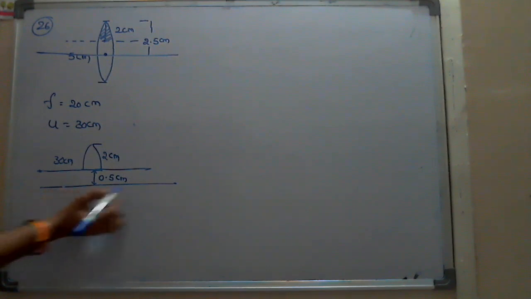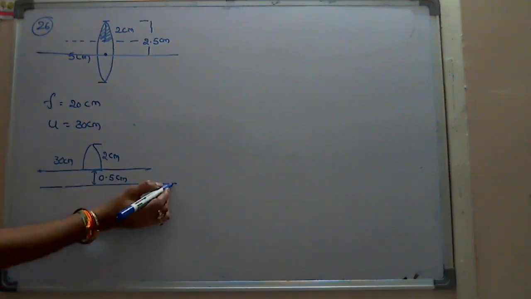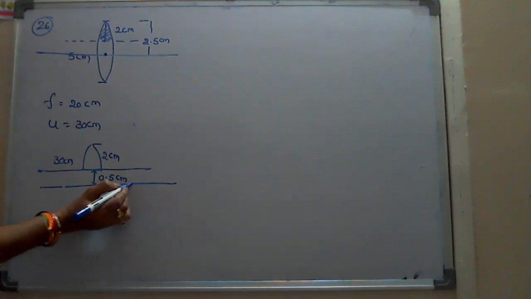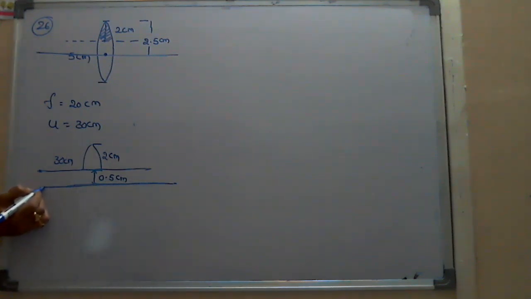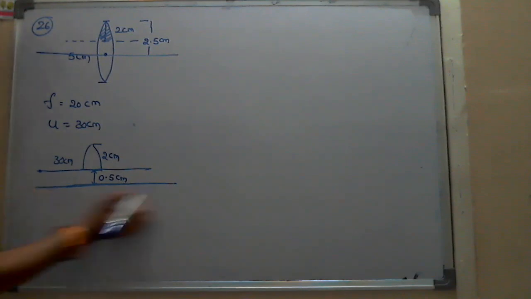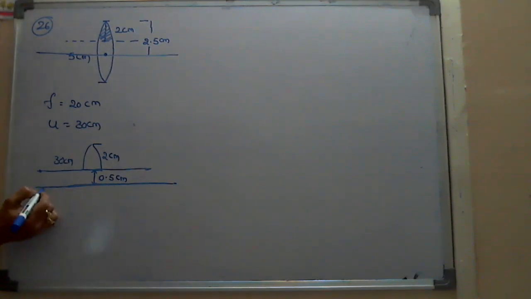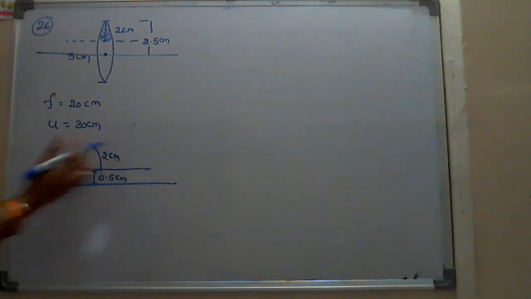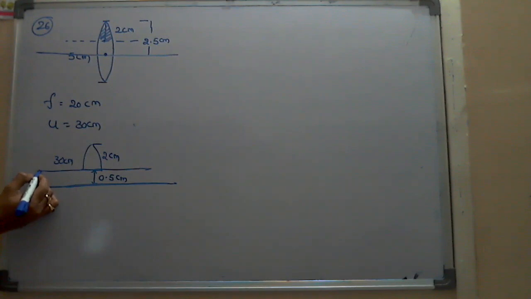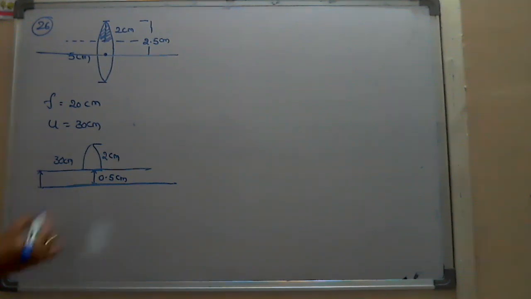Okay. Look here. When the object is placed here, while drawing the ray diagram, I think yesterday I told, we have to take the object on the original principal axis. Original principal axis means actually the object is taken on the new principal axis of the part. That too, the object we have to put with the tail on the original principal axis, and the head up. Means we have to take the diagram like this. Okay, why is it? Because the object is taken here. And I'm giving more clarity.